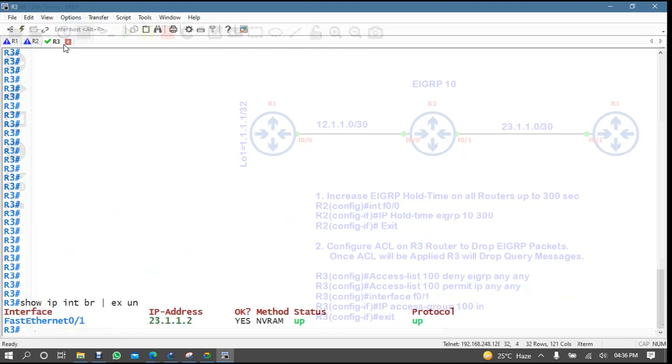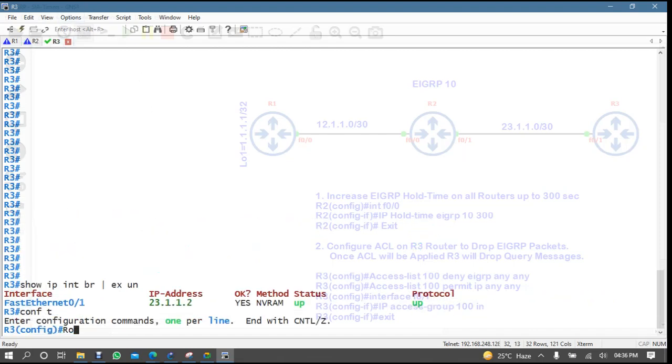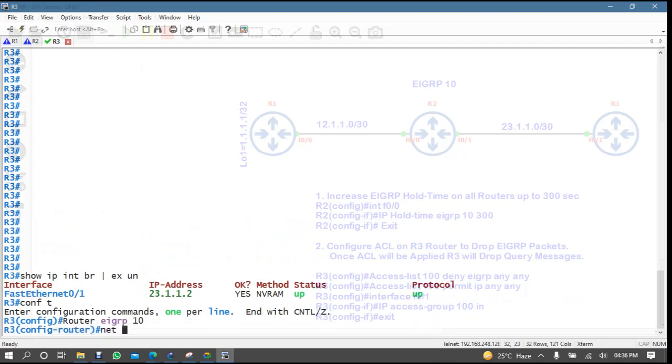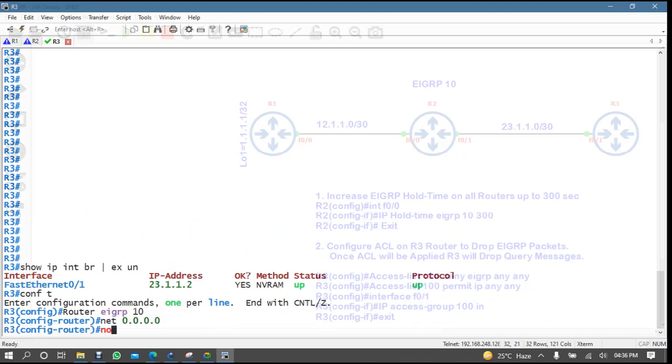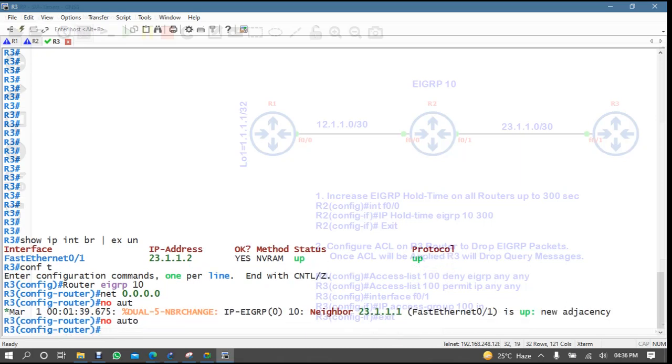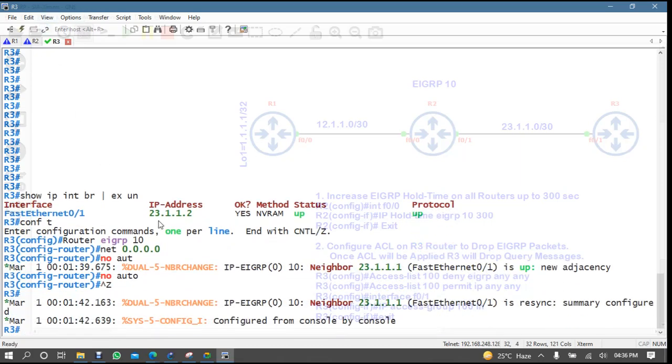R3, conf t, router EIGRP 10, network, no auto-summary. Okay, so for this SIA lab, when we want to work on the SIA query lab,